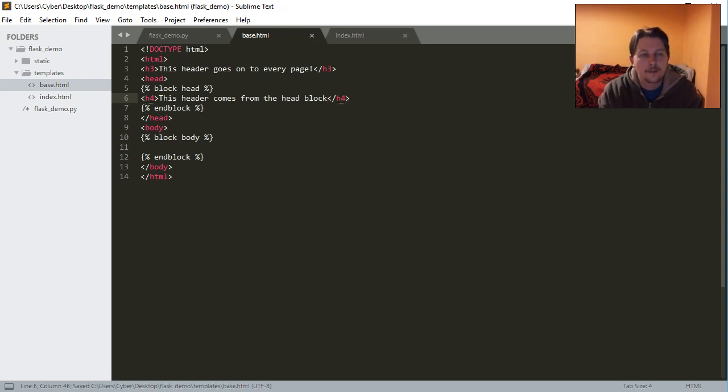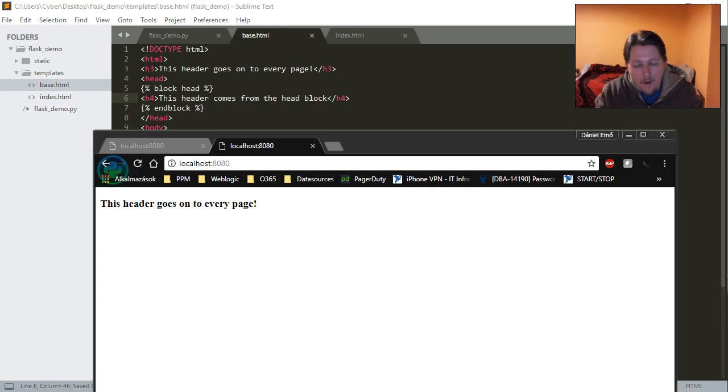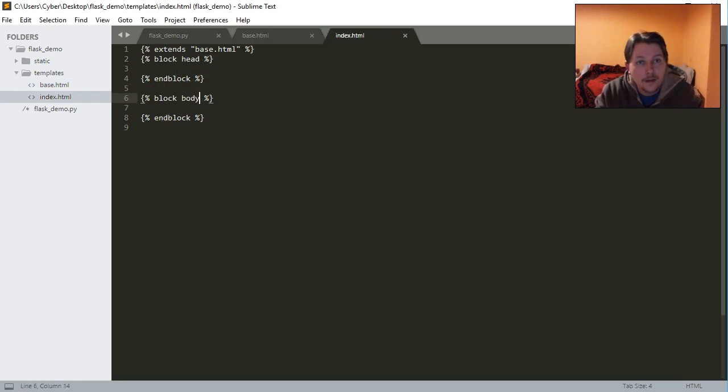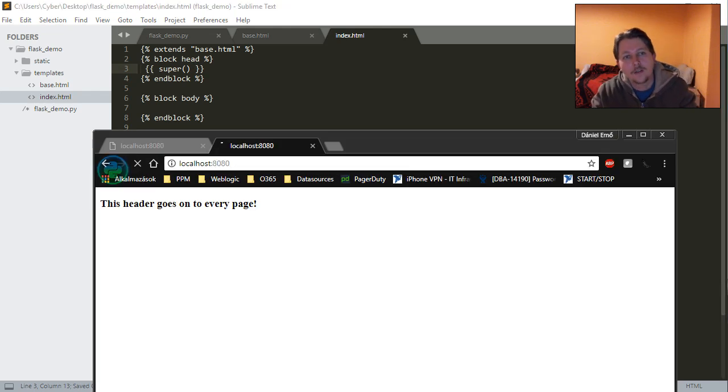Let's save it and reload the page. But where is our block? It was supposed to be specified here and here too. If we want to inherit this template or block, we would call this super function, which is super cool because after I save this and reload the page,